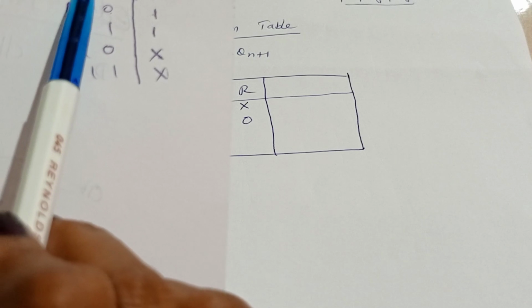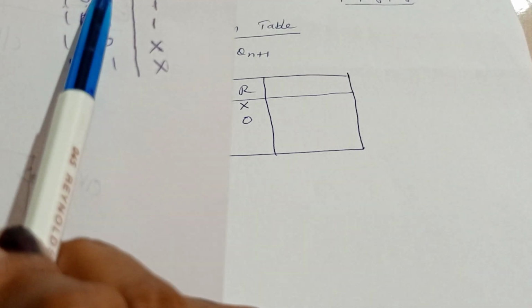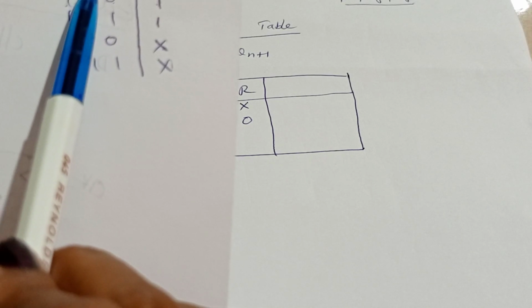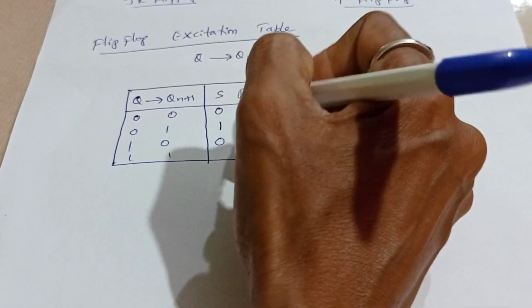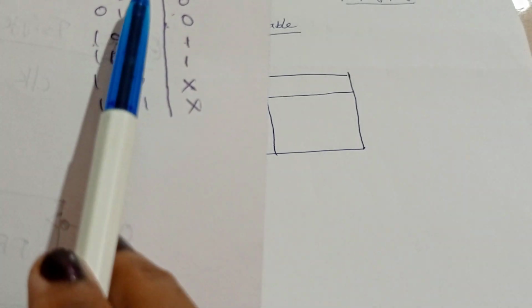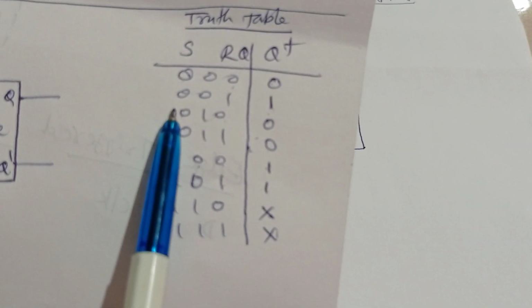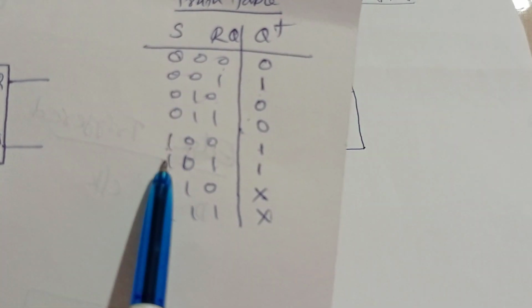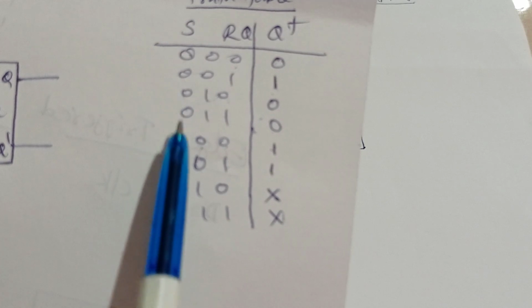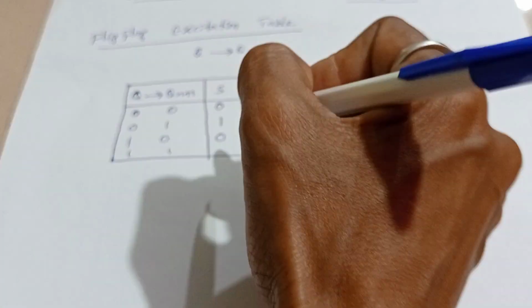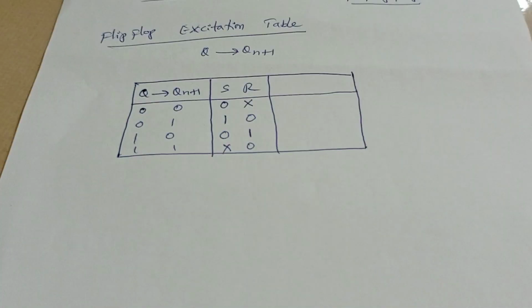Same as 1 0, that means S0 R1. S0 R1. Next, both are 1, 1. Here we'll see the 1 1, S0 R0, 1 1 S1 R0. That means S is changing from 0 to 1, okay, and R is constant 0. So place here don't care and R is 0. Don't care 0. This is the excitation table for SR flip-flop.